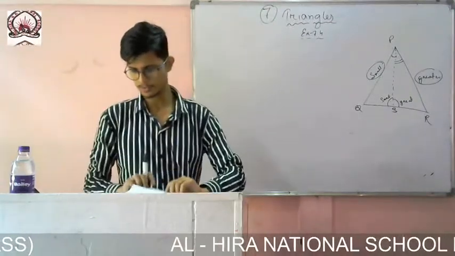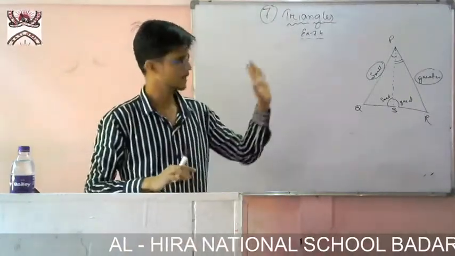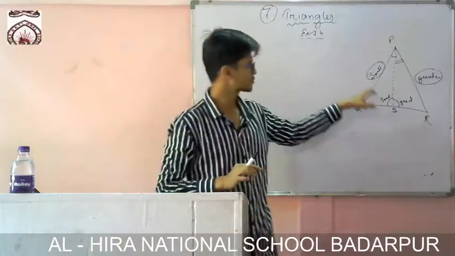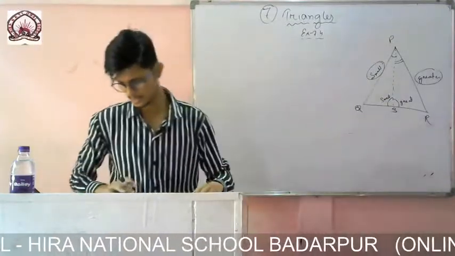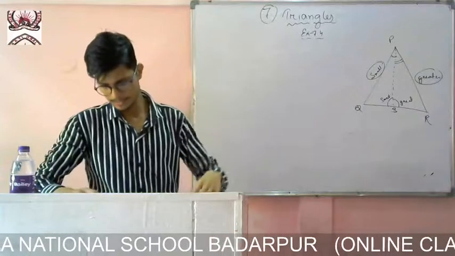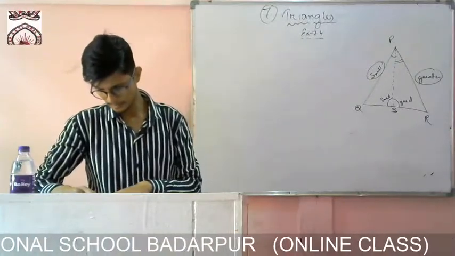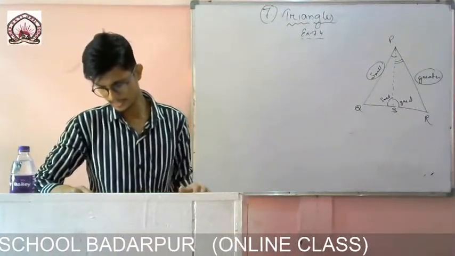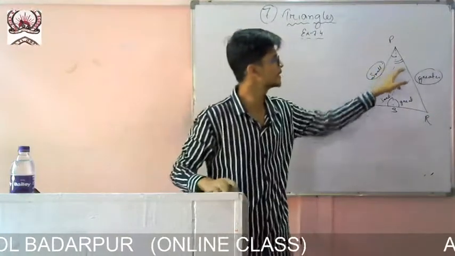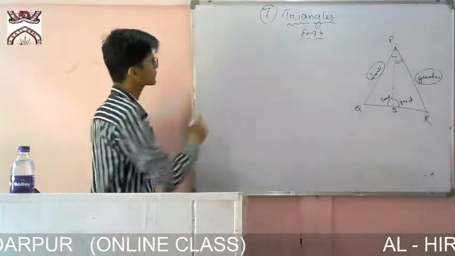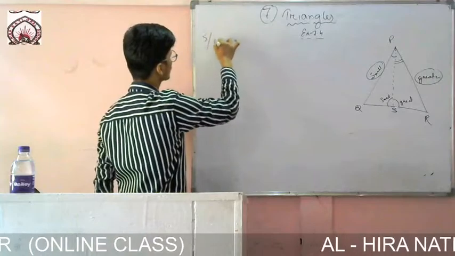Some of you are very good in copying, you will just simply write what is there, okay. Don't write this thing, smaller, greater; I am giving it so that you can understand. So you see what is given: PS bisects angle QPR, that means these two angles will be equal. So first of all let me write question number 5 solution.